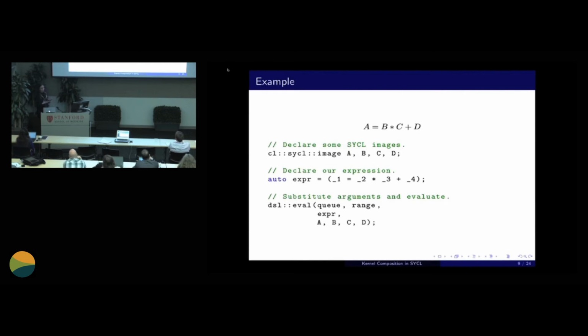So here's an example of what we end up with. For our really simple fused multiply example, we declare some operands, just 4 images, and then we write out our expression. And our expression looks a lot like the mathematical expression we're trying to achieve. And we take that expression and we feed it into an evaluation function along with a Sycl queue and an ND range and our set of images, which we will substitute A into the _1 and B into _2 and